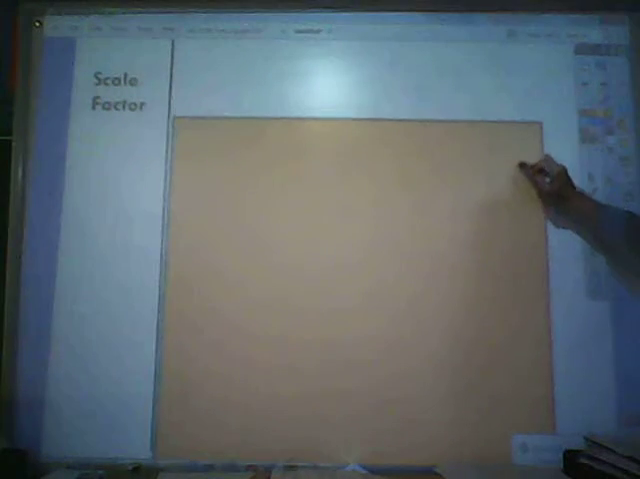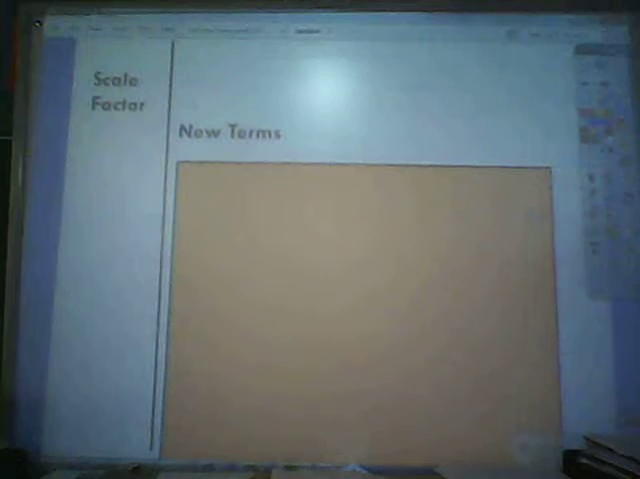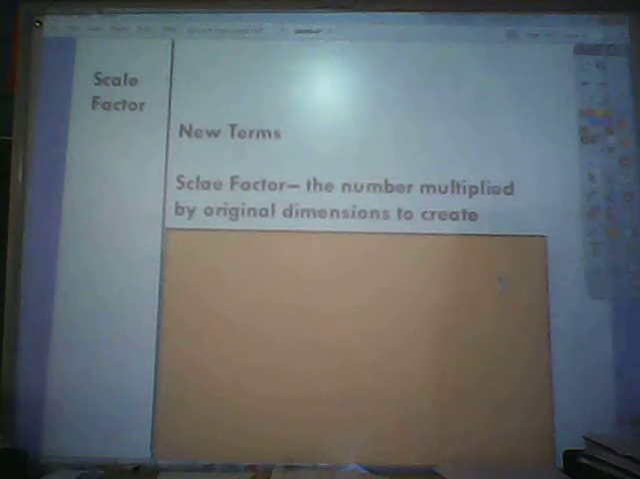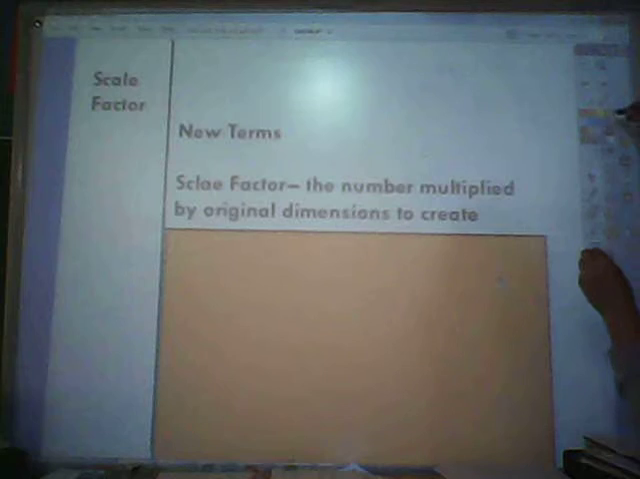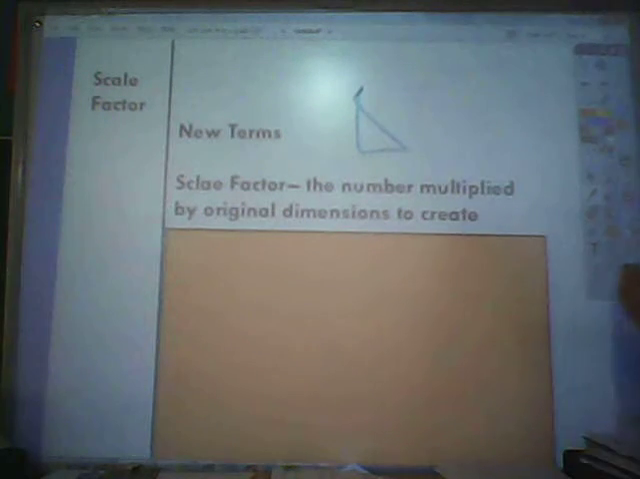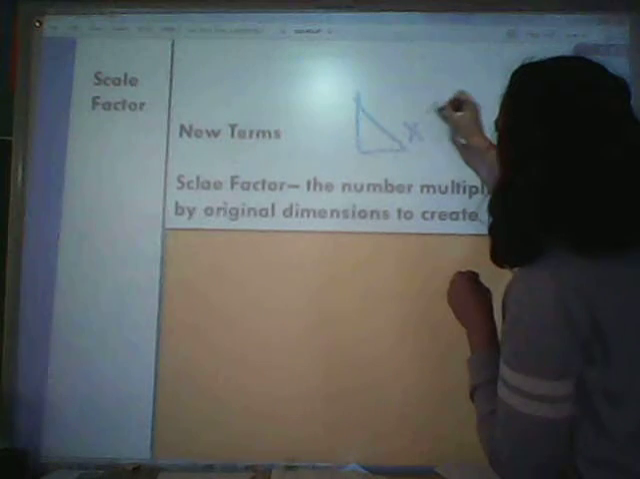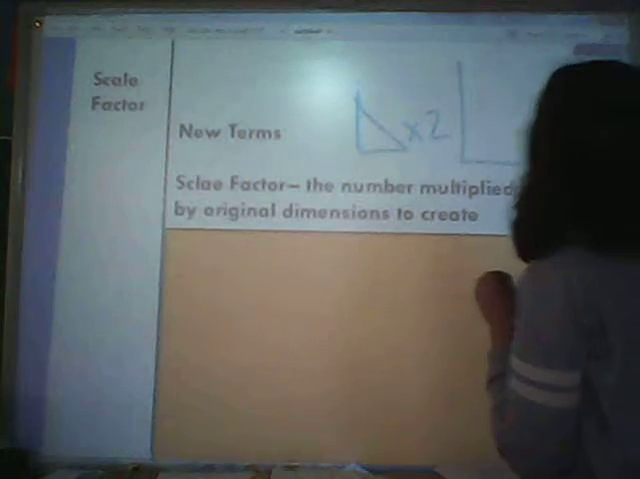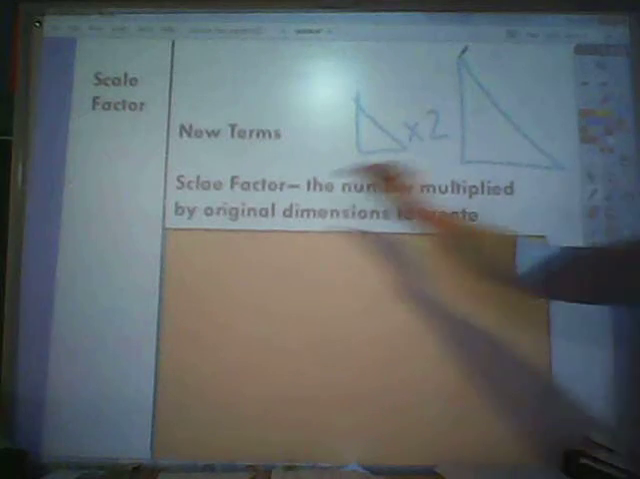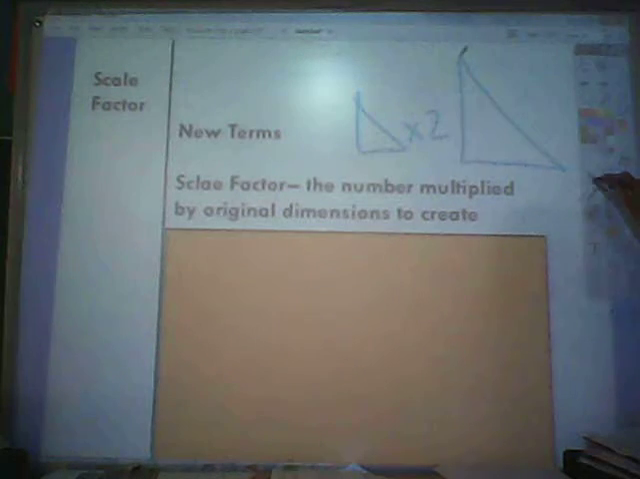First things first, we have a few new words that we need to learn in order to really figure out what we're doing. Our first word is scale factor, which is the number that you multiply your original dimensions by to create something new. For example, if I had a triangle, and then I said times 2, my triangle is going to be 2 times as big on either side. So that is a scale factor, the number that we scale it by. Next,